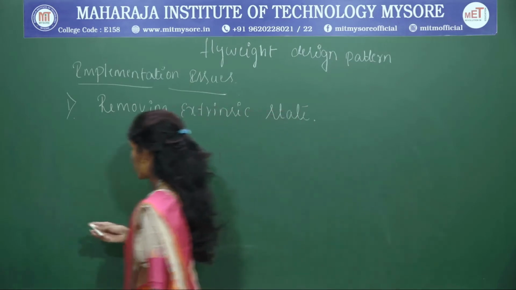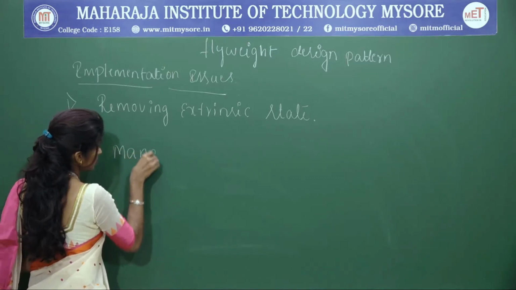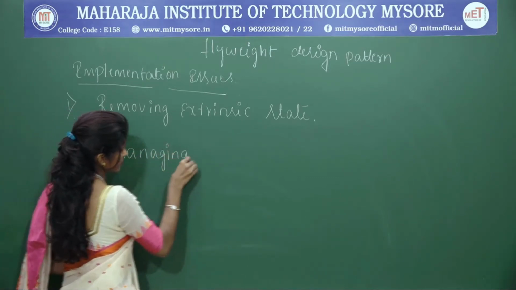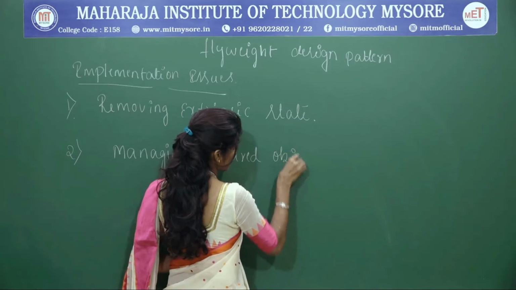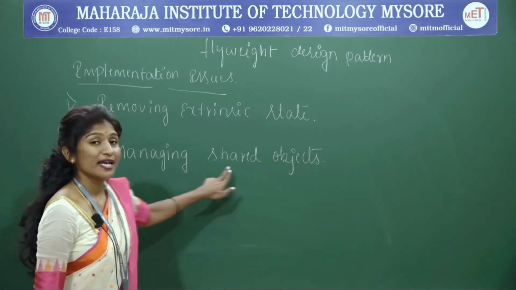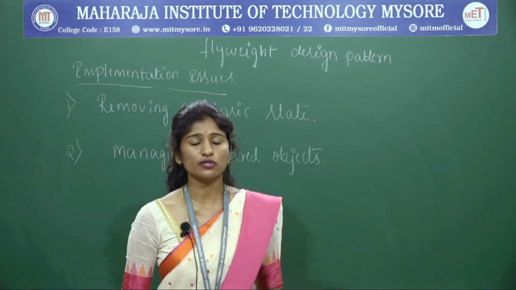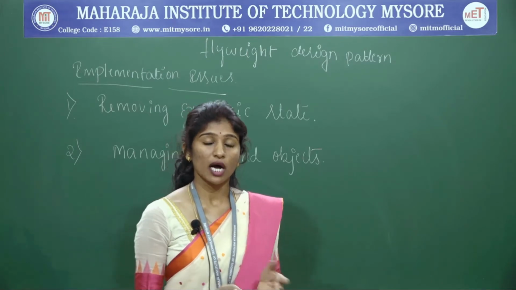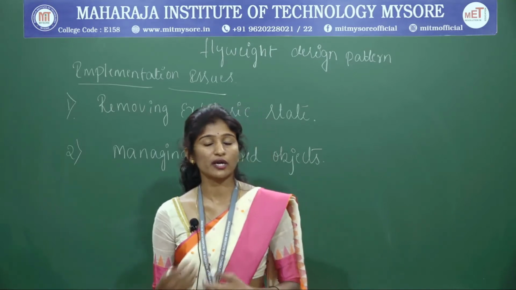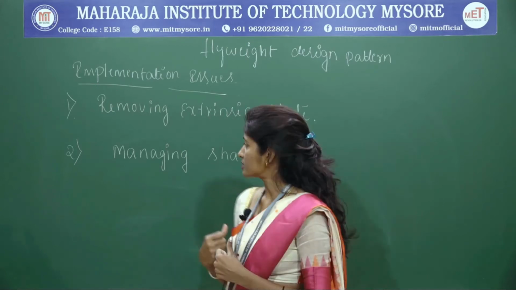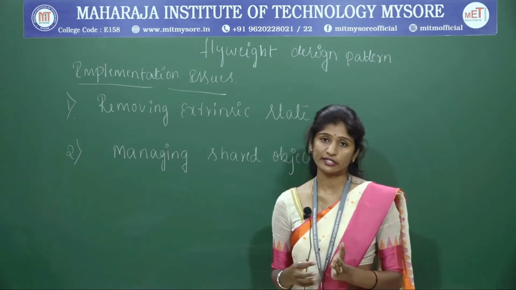That is shared objects, that is, managing the shared objects. How do we manage the shared objects? When many objects have been created, there is a task to manage them. How do I go with individual object management or group object management? That gives rise to questions, and in that sense we need to decide who is going to instantiate the object.